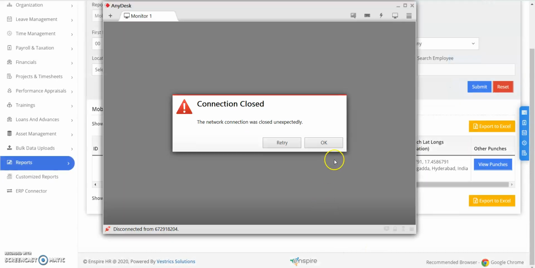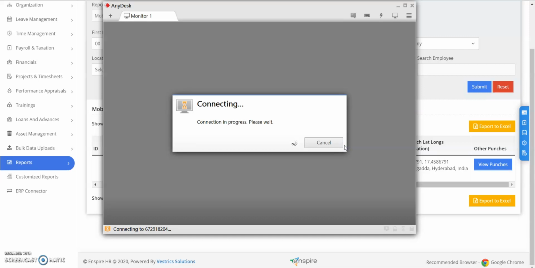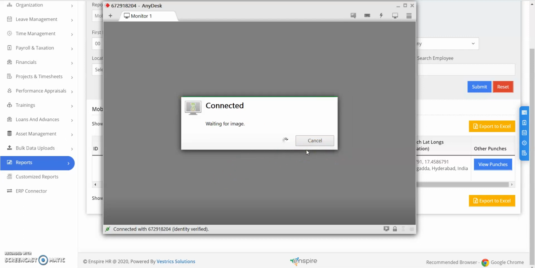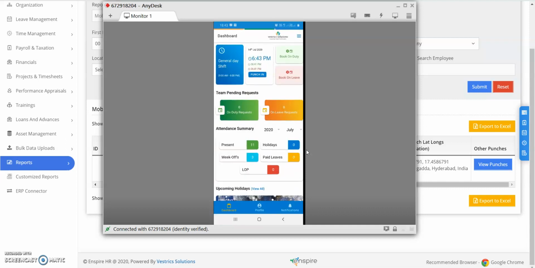Let's go to the mobile screen. Again do punch in.